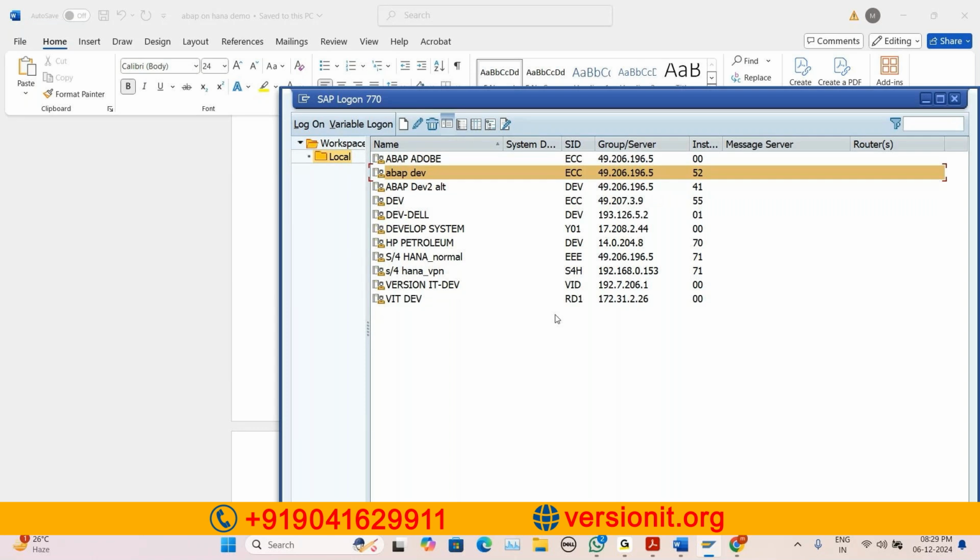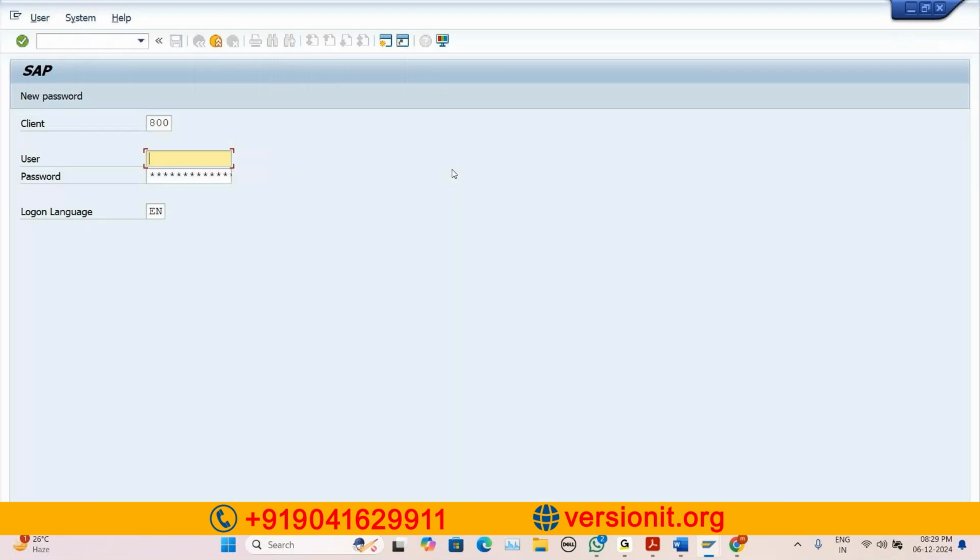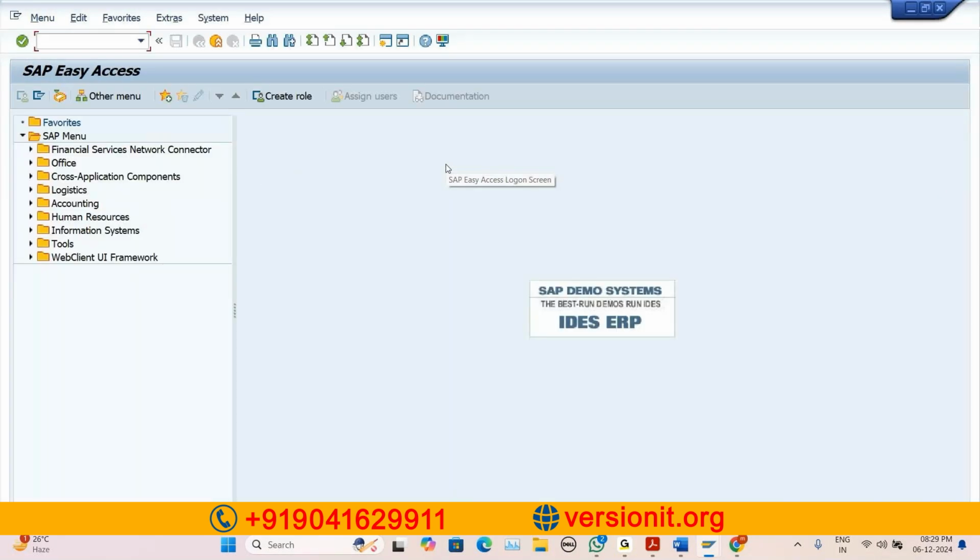Now, all of you see, we are trying to log in. By providing your proper valid credentials, it allows you to get into the main screen, SAP Easy Access. Now, I need to create a program here. I need to create what, sir? A program. If you remember in the previous class, I told you